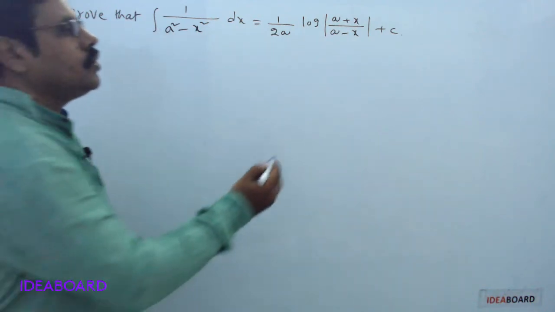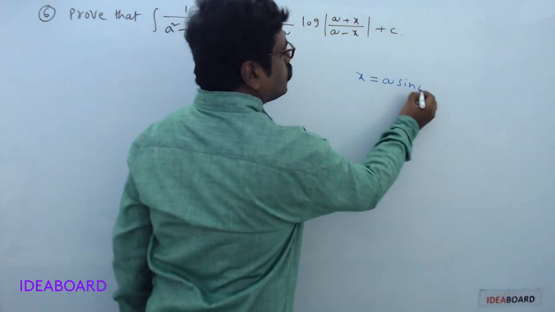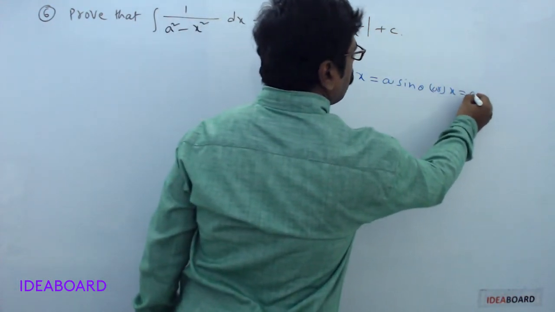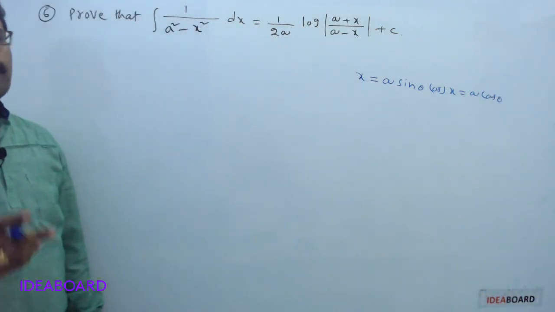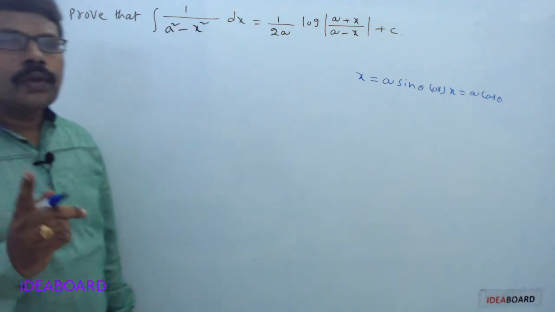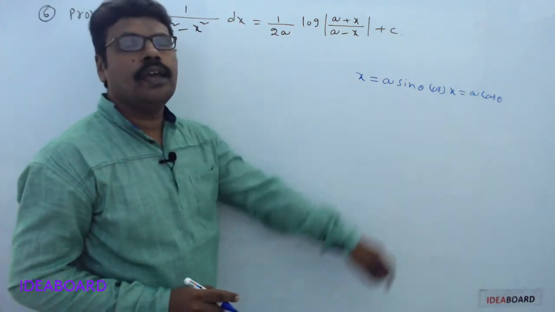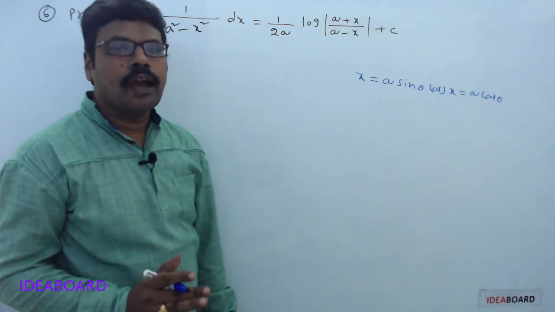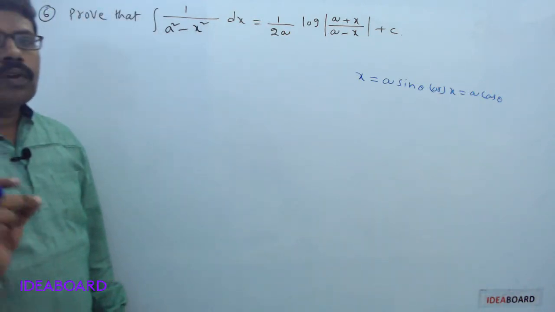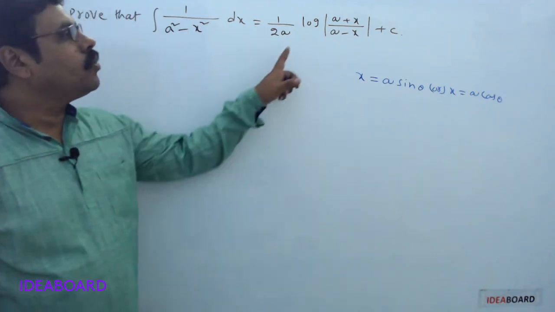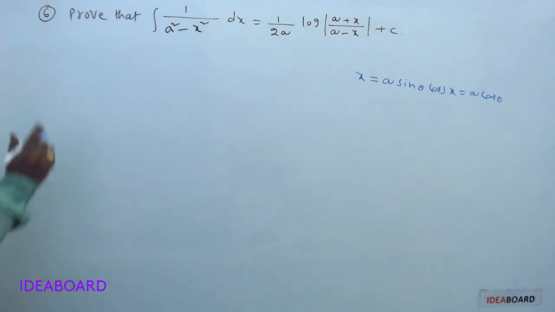In this case, you can take the substitution as either x equals a sin theta or x equals a cos theta. Now based on previous formulas, I hope you have some idea how to derive the required formula with the help of the substitution method. That's why I am going to derive this formula in another method, that is without taking any substitution. Now see that method. First write down your LHS part.